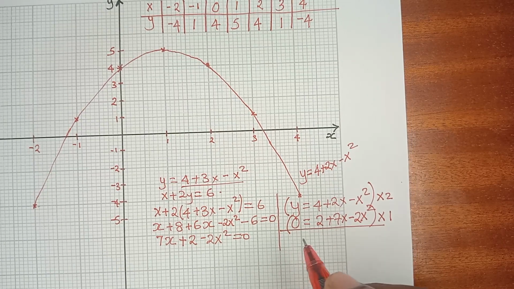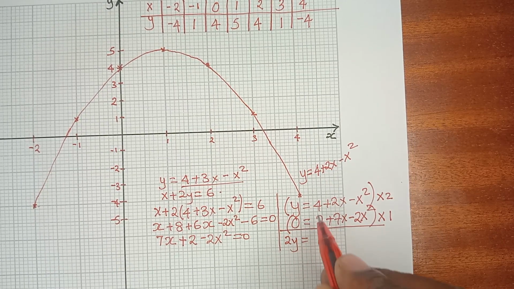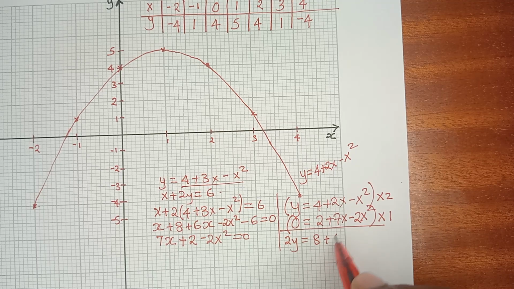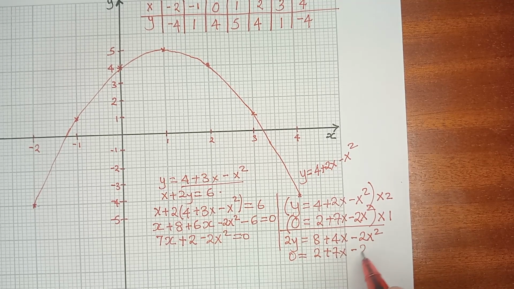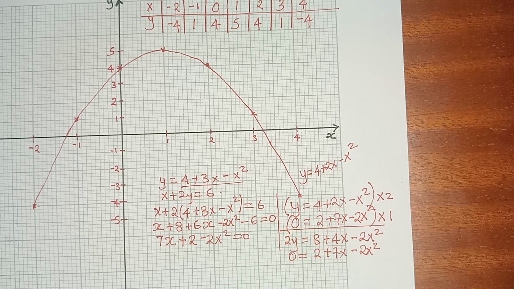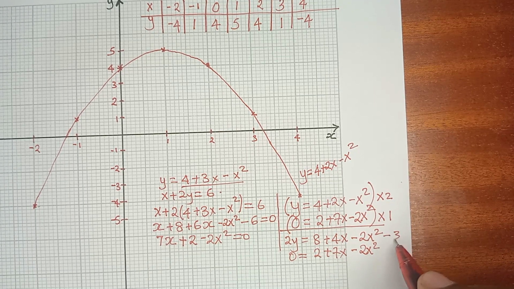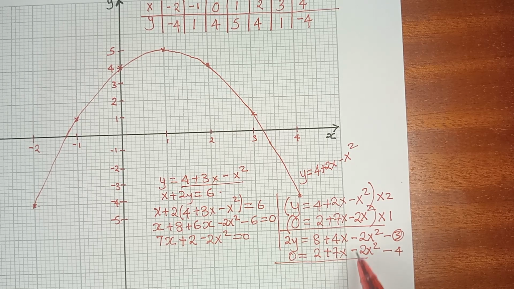So what do we have now? 2y = 8 + 4x - 2x². And then equation 2 by 1, we have 0 = 2 + 7x - 2x². And as you can see now, we have equation 3 and we have equation 4. We have those two equations. And now that we have balanced the coefficients of x squared, the next thing we should be able to identify is